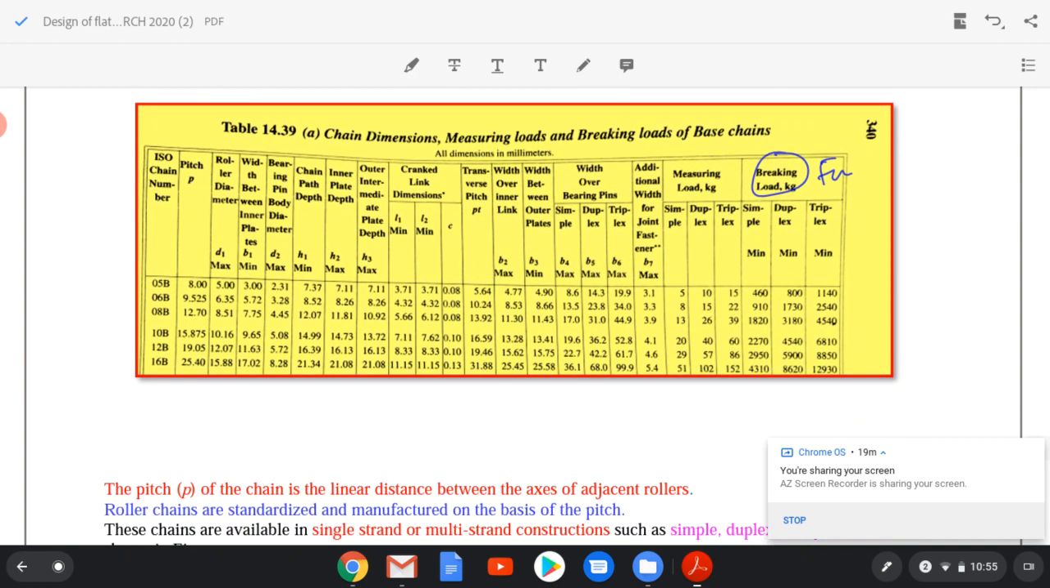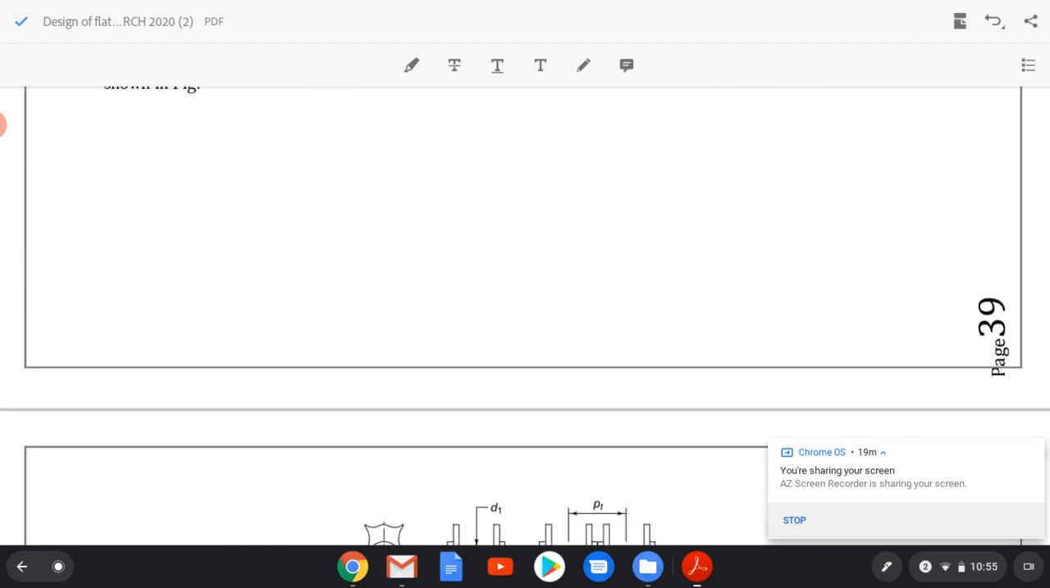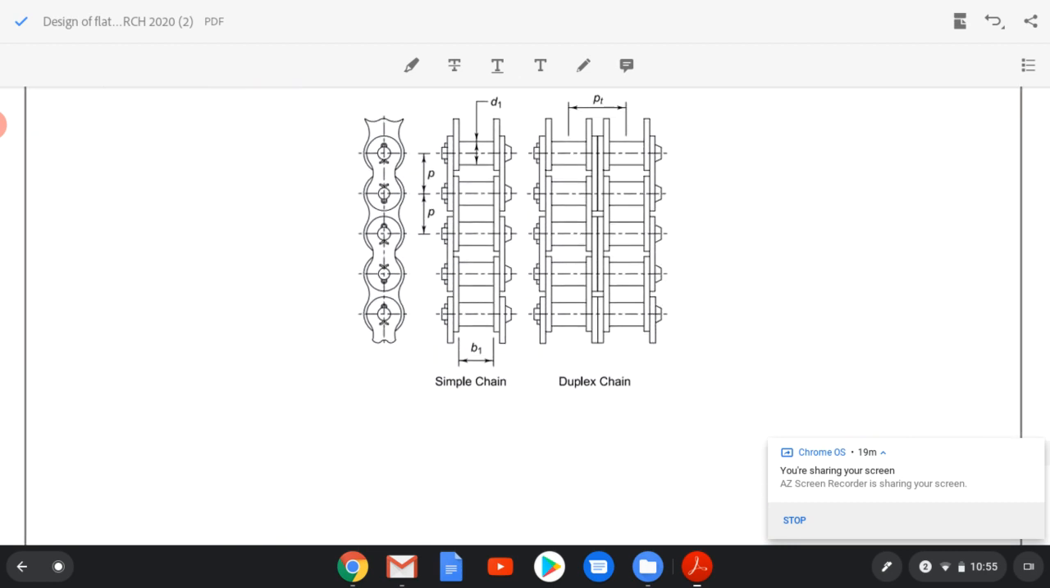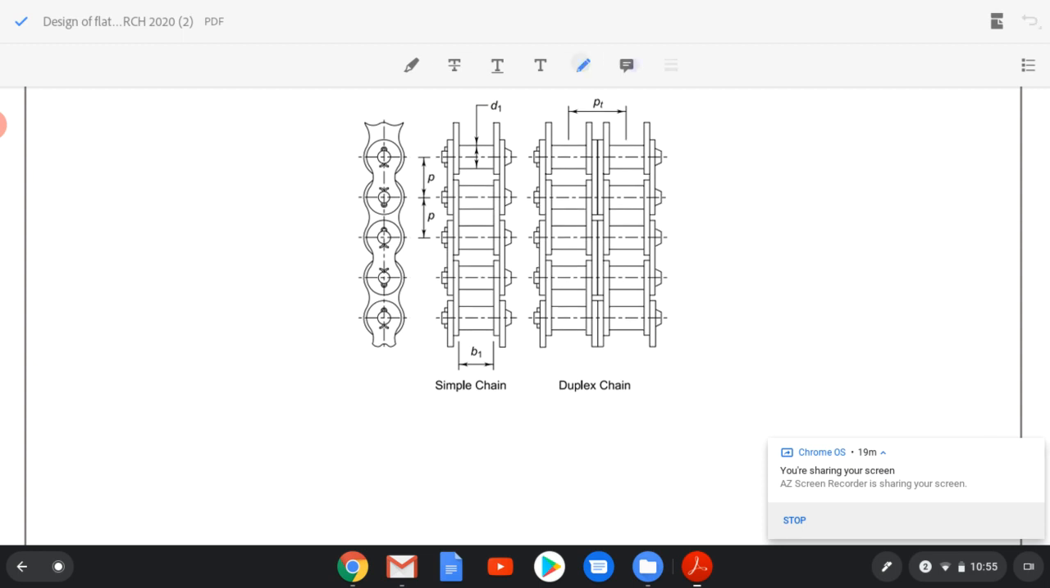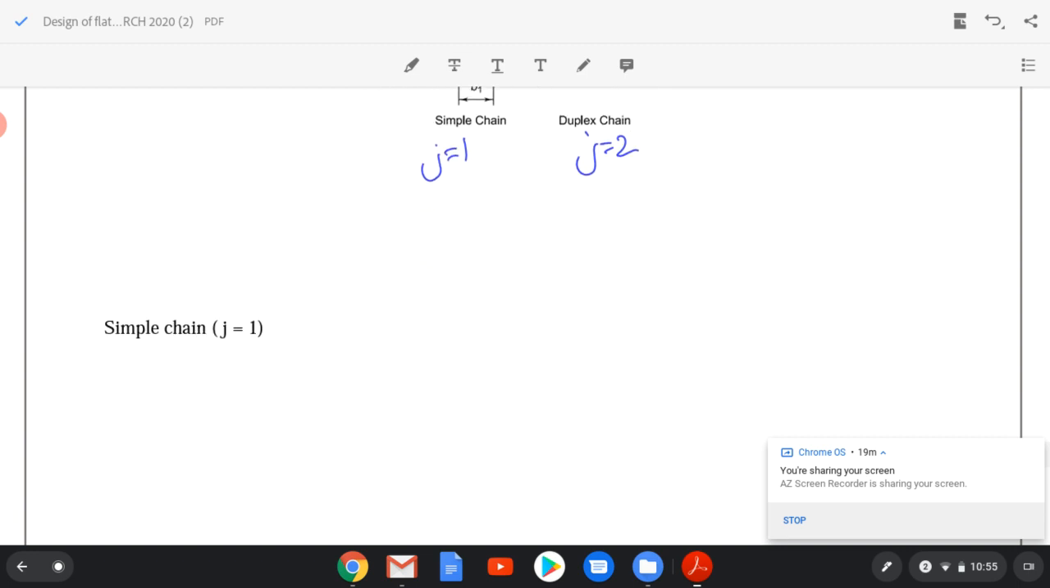From this table we have selected 12B, 19.05, for which if it is single standard, its value will be 2950. So if I assume J equal to 1, it means simple chain. If it is duplex chain, J will be 2, and if it is triplex, J will be 3, and it goes like that. So if I assume J equal to 1, I can substitute in that equation